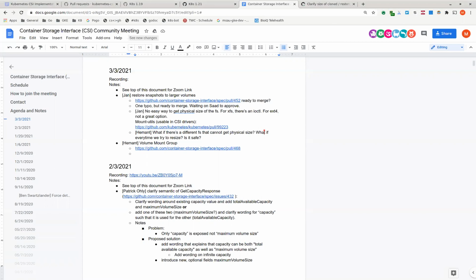I actually implemented this in a couple of my drivers, and I noticed while implementing it there are a few different options. But things like xfs_growfs and resize2fs are both idempotent. You can just call them over and over again, and if the volume is already the size of the underlying block storage, nothing happens.